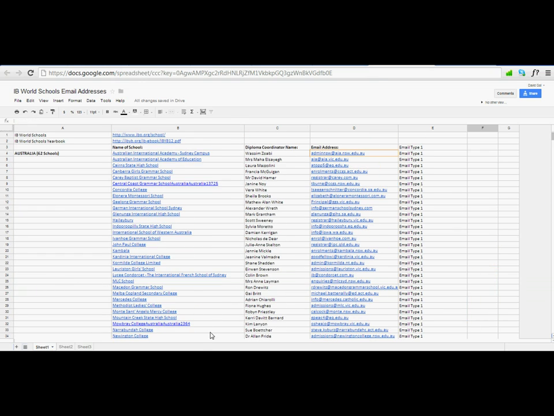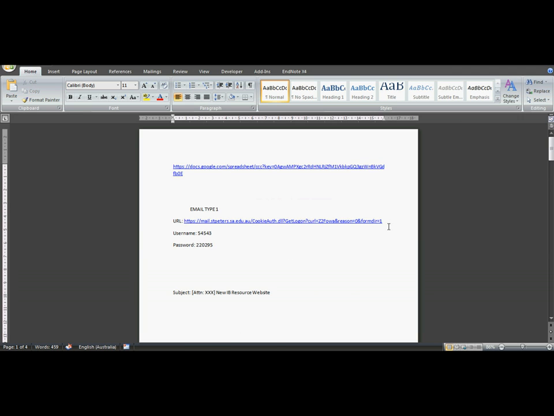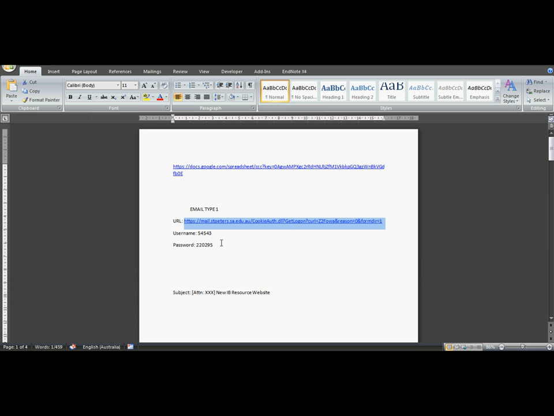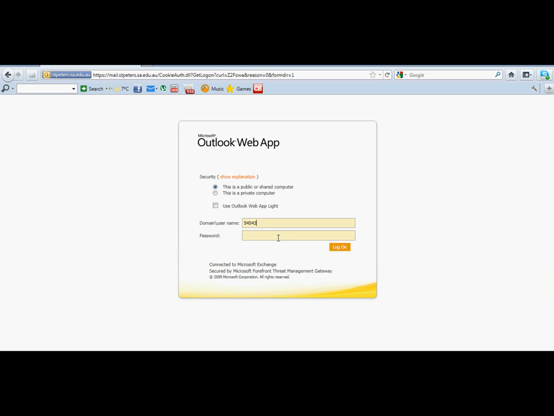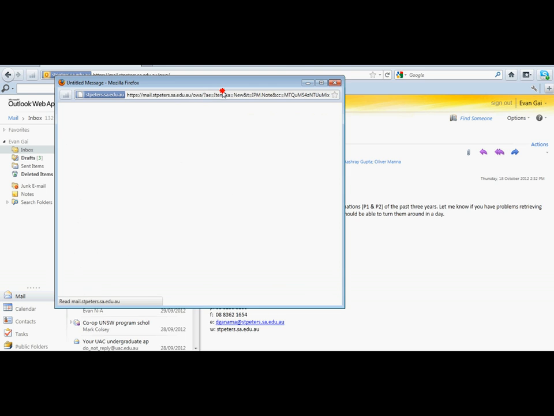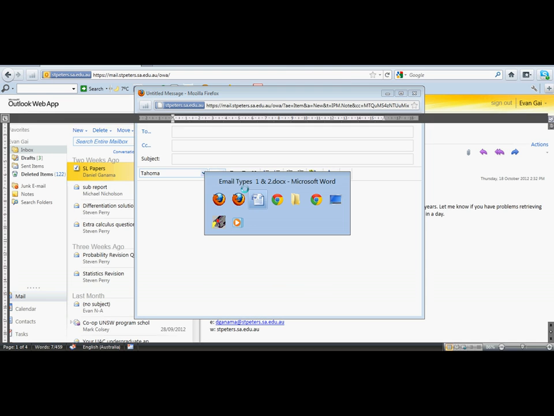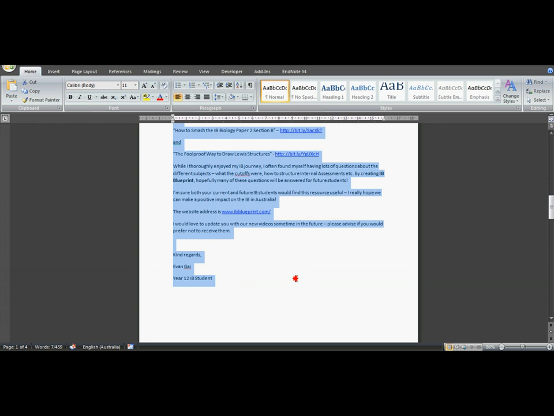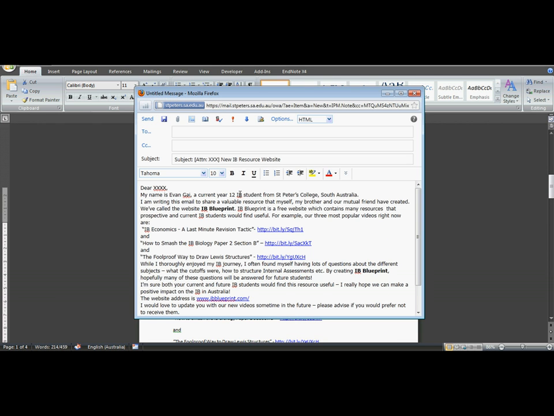Okay, so what do I mean by email type 1? I'm going to send you this document, and what I want you to do is send email type 1s first. So log into your browser, and you can type that in, and then the username is here 54543, and the password is 220295, and you will be able to log in. So the next thing that I want you to do is click new here, so we can create a new email message. Wait for that to pop up, and we're going to get you to copy this subject in first, and then at the same time on the second page I want you to copy the message in, okay,